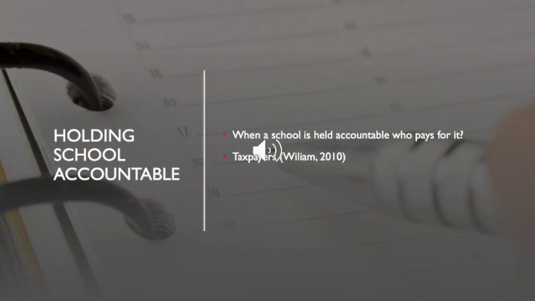How are we going to hold schools accountable? When we hold schools accountable, there has to be a way to actually pay for this test. Schools are going to use any means to pay for it. One of the ways that they pay for it is through taxes. So taxes help pay for the standardized tests. And of course, who pays taxes? We all pay taxes. So our money is actually funding the standardized tests. If we were to eliminate the standardized tests, that could help us out.